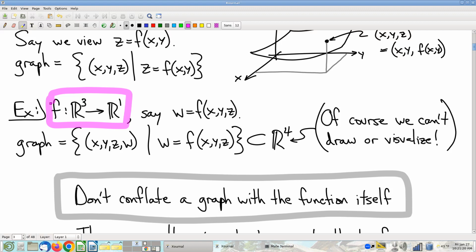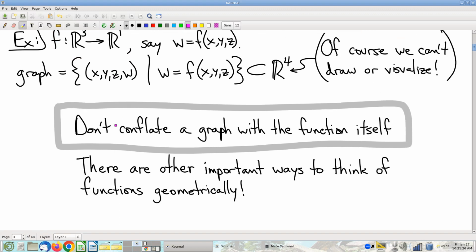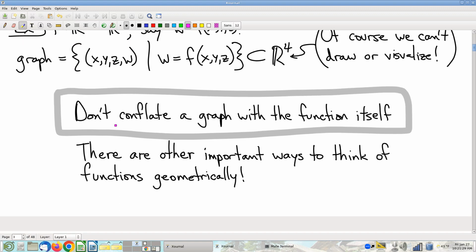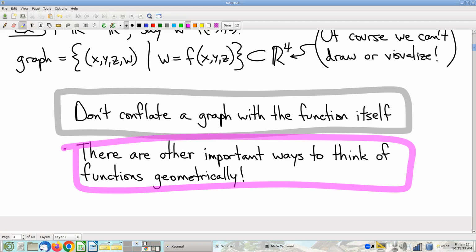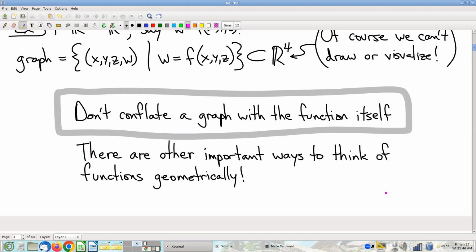It's not that bad, right? And yet we can't draw the graph. Okay, so this leads me to a couple of points. I've already kind of made this second point down here, which is that there are other ways we're going to be drawing pictures. We have to have other ways to draw pictures of multivariable functions, because the graph just isn't going to cut it, right? So we are going to have these other kinds of pictures, and so it becomes very